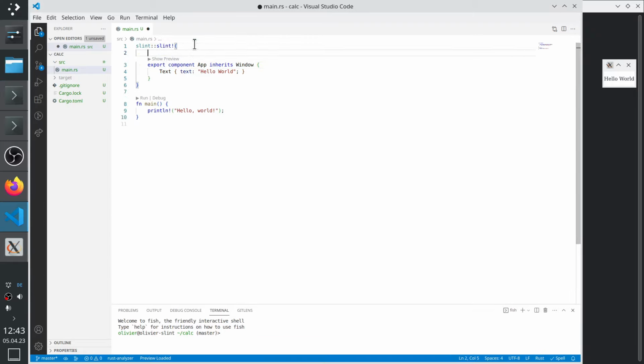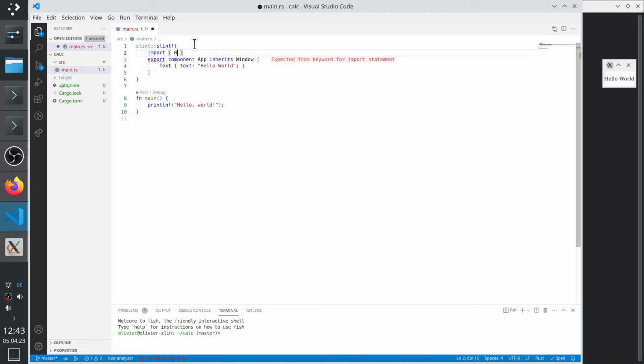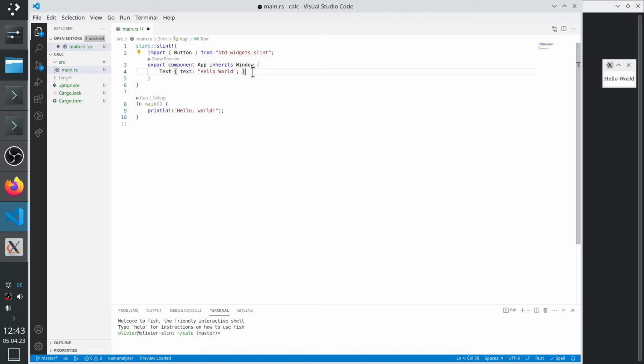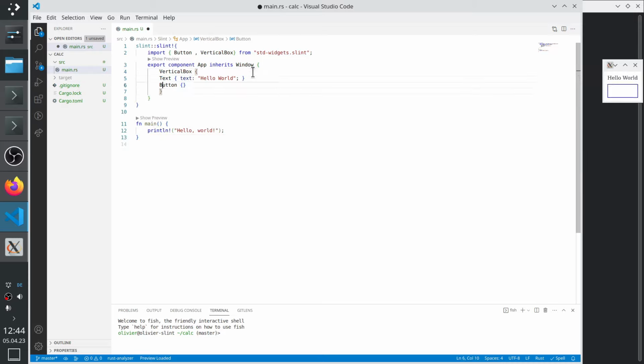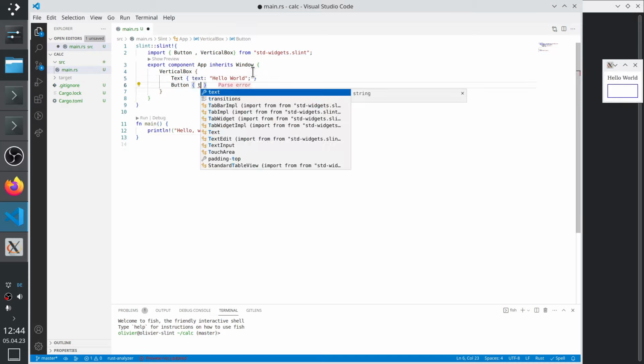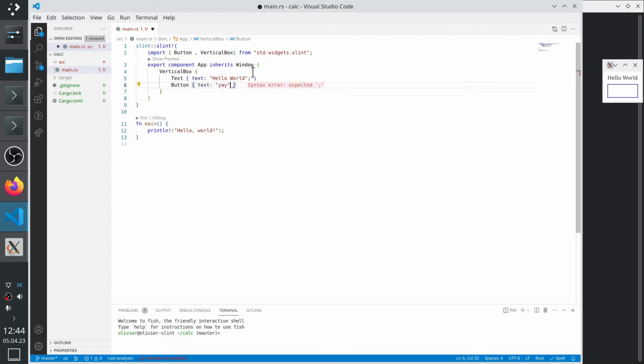Add import, for example, I can import button from the standard widgets that are provided by Slint. So then I can just add a button. The button is a bit in the middle of everything, so let's put everything in a vertical. Let's use a vertical box. So then vertical box is like a vertical layout with padding. Yay. And now we have like a simple UI with a text and a button,